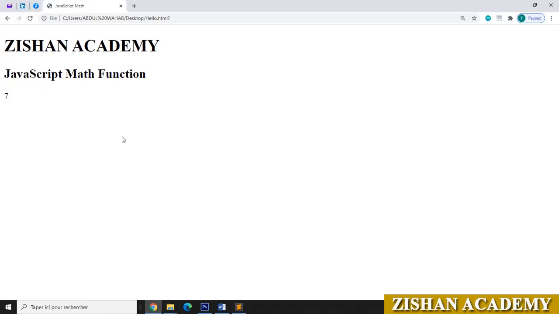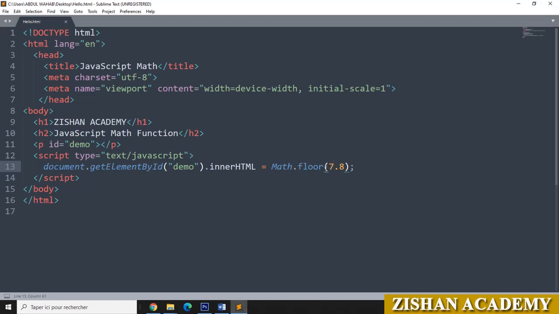Let us see the next function, that is the minimum. Go to the editor. We will go for Math.min. Here suppose I have a lot of values here. Suppose if I have here 0, 50, 70, 25, minus 2, minus 28, 44.